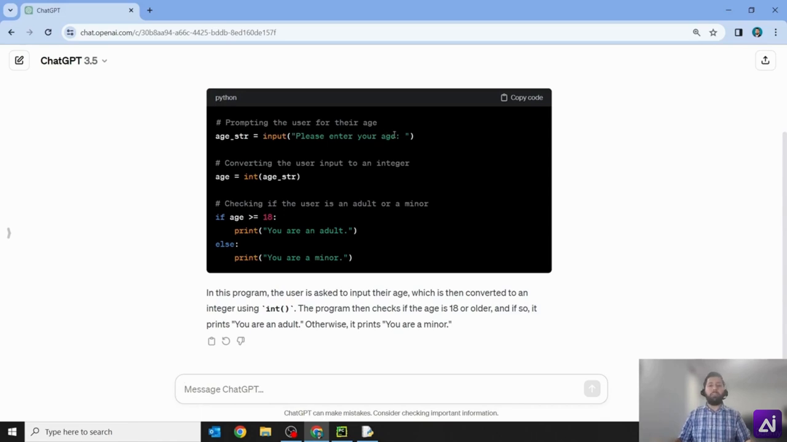So you can see the very first step here is you're establishing a variable, age_str, standing for string, and it's going to say please enter your age, and it's going to accept age as a string, which is basically like alphanumeric characters. Then it will convert it here, as you can see, int(age_str). It will convert it into a number, and then it's going to do a check using an if else statement here. So if the age is greater than or equal to 18,